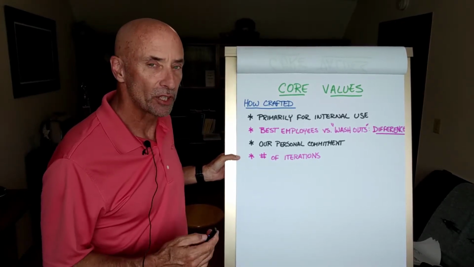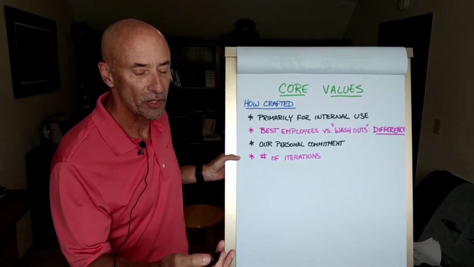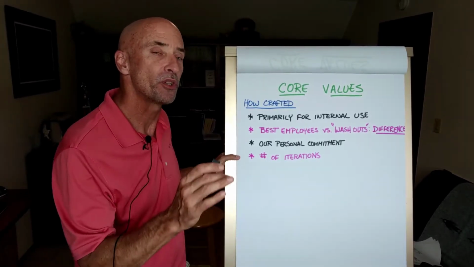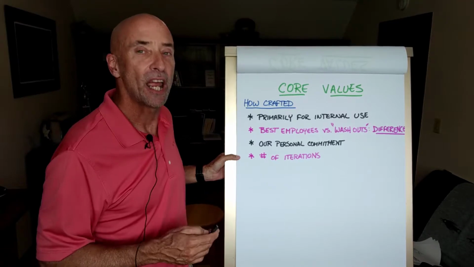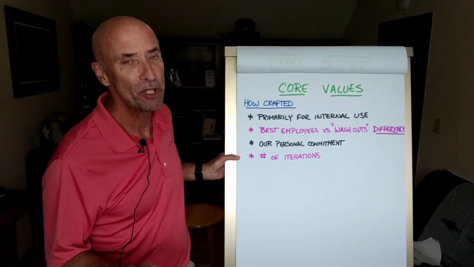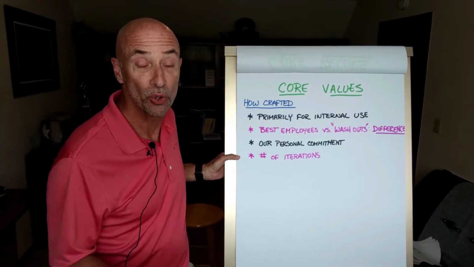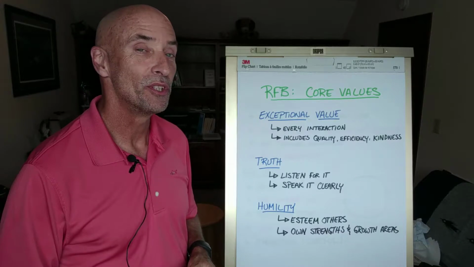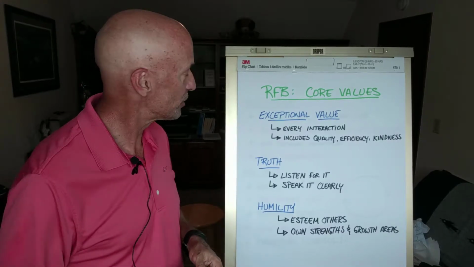Expect to go through several iterations where you think, you identify, and then you go sit with them, and then come back and work with your word choice. At the end of this process, you should have 2, 3, maybe 4 values that are truly core for your organization. I followed the process that I just described to you and uncovered my own list of core values.